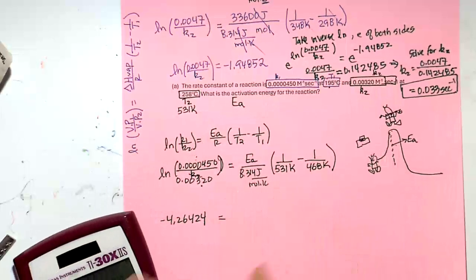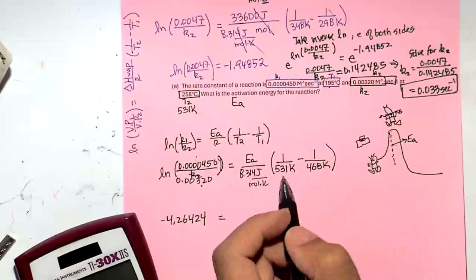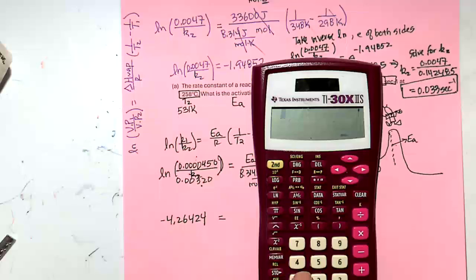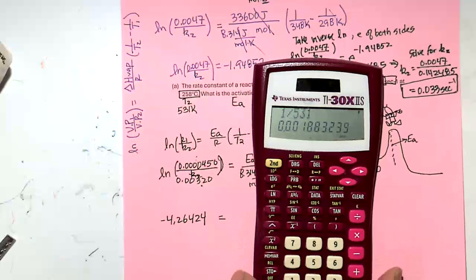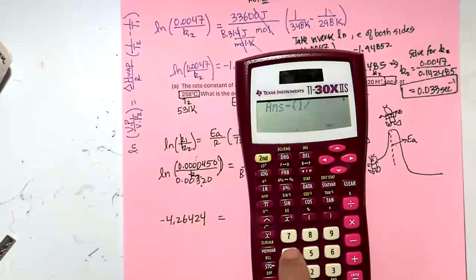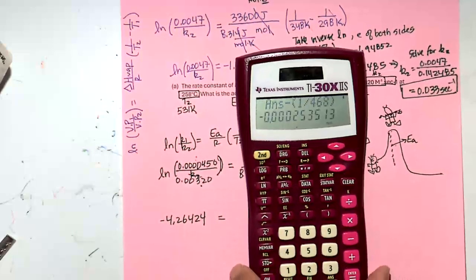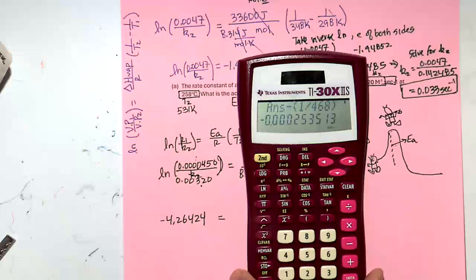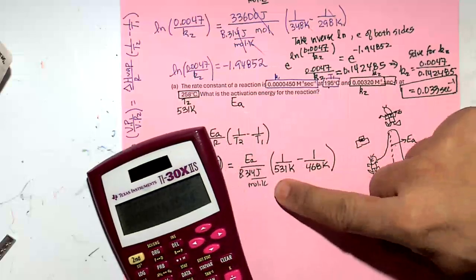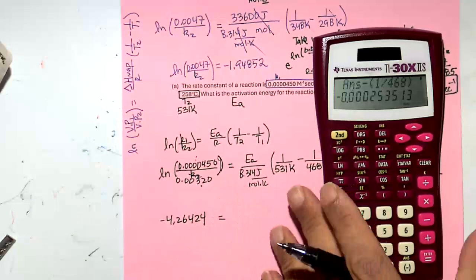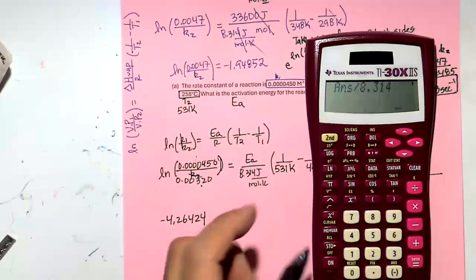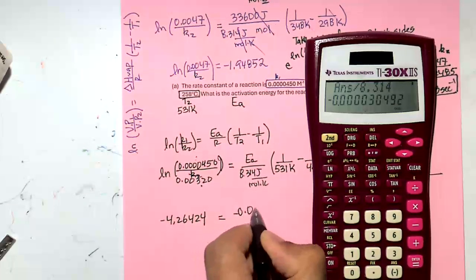Okay. All right, this thing is kind of messy, so let's leave the EA to the side. This is going to be 1 divided by 531, minus 1 divided by 468. Okay, that's that minus this is this minus number. Take that divided by 8.314, divided by 8.314, minus